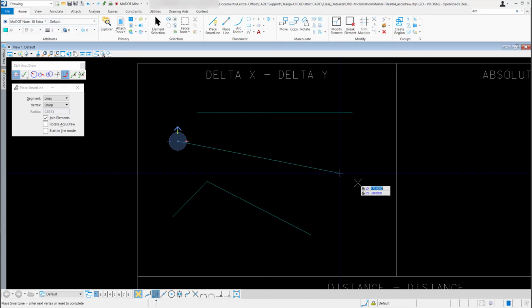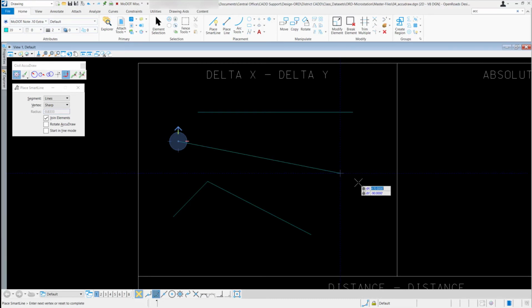That doesn't mean I have to keep these values that way. Maybe I want to change my Y direction to a negative 100. So like I said earlier, if you just hit your tab key, you can toggle through those fields. So now I can just come down to the 90, type in 100, hit enter to lock it in. Now you can see that it changed that Y value to a negative 100. So even if a value is locked, you can still change that value as long as you don't left click